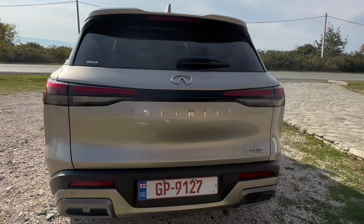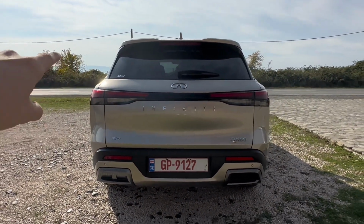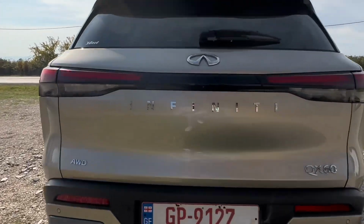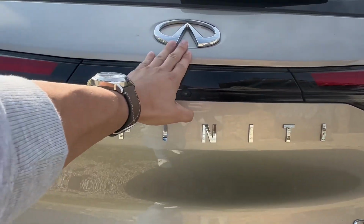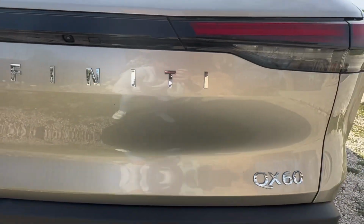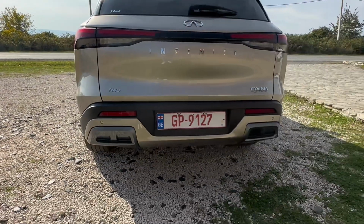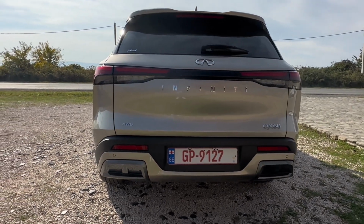All right, yeah, beautiful design. You've got the light that looks like it runs across, but it is split in the middle. And you've got the camera, which sits just here. Again, you've got the beautiful Infiniti badge and Infiniti running along the back. It's an all-wheel drive. Now, there is something that I personally do not like, which is